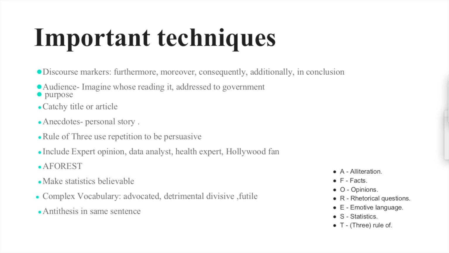question answer. And for the audience, imagine who's reading it, addressed to the government, with a catchy title or article. Anecdotes, so having a personal story, can really help. The rule of three can make it really important, and also aphorisms, alliteration, facts, opinions, rhetorical questions, emotive language, statistics, and the rule of three can be really important, and using complicated